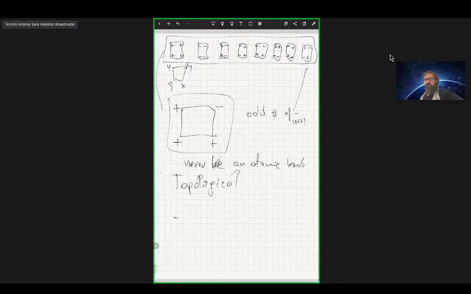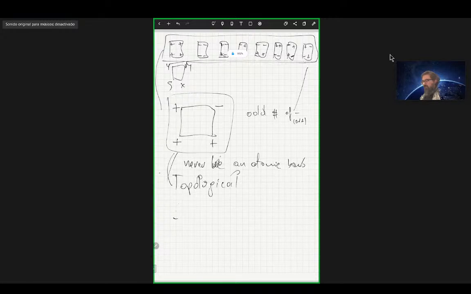So this means that we can define an index. This band has to be topological. It cannot be written down in terms of these atomic limits. And hence, it means that we can have an index. And this index, a topological index, is a number of negative or positive, it doesn't matter which one you choose,